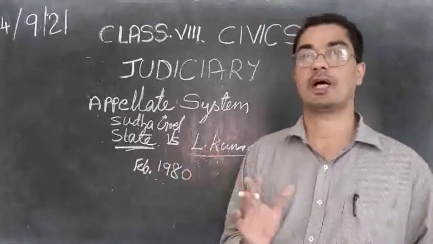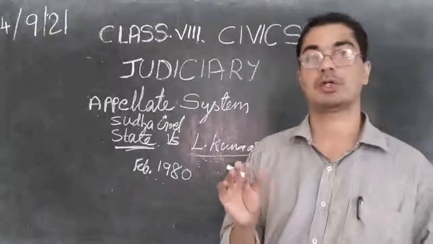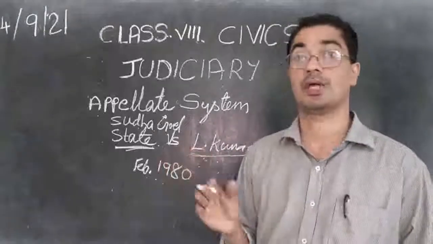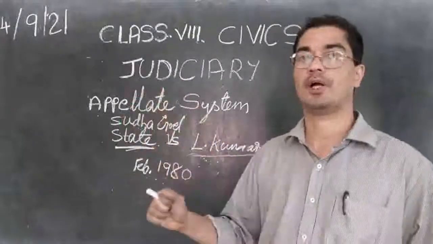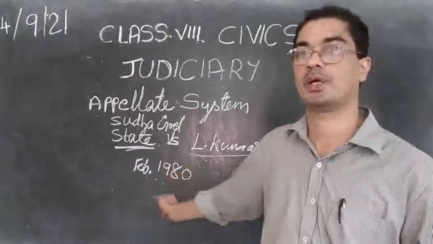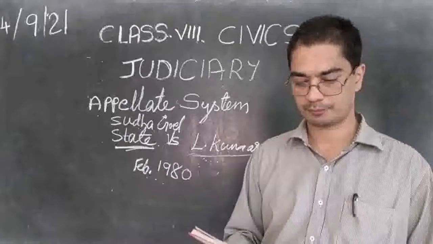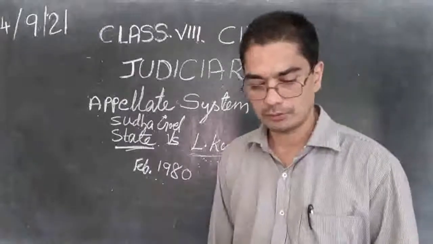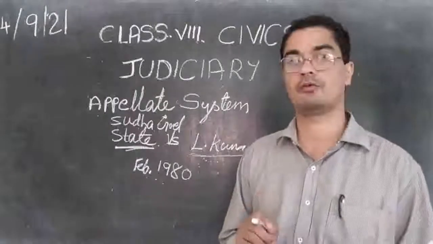Because they did not have any evidence that Subhash also was responsible for the death of Sudha, they said, okay, you can go free. But these two are guilty. Lakshman Kumar and his mother are guilty and they will get punishment. So the Supreme Court decided to send the accused to prison for life.